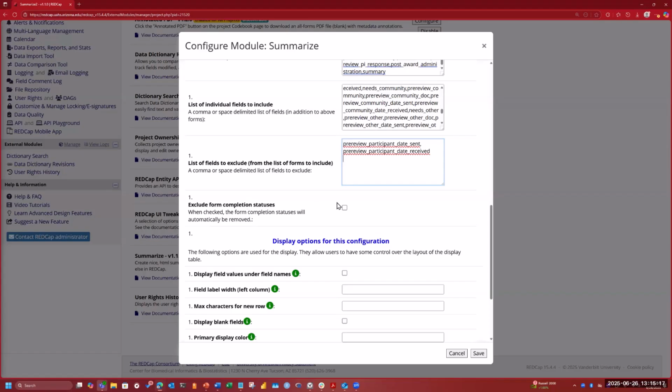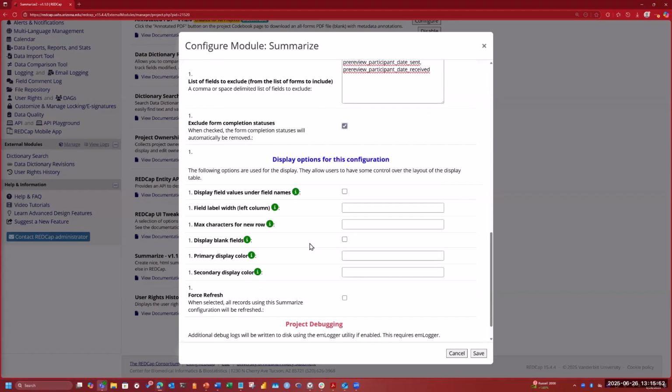So for example, the first form is titled project. The second one is workflow. And with the workflow and project, you would have your form name, and then it would say project form complete, separated by underscores. So I'm going to exclude the completion statuses for now, so that they're not rendered into the table or the report. And then what we'll do is go ahead and go into